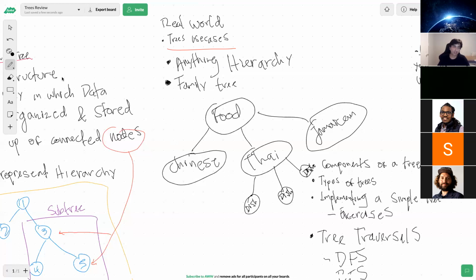This is called a general purpose tree. Let me put that in here: general purpose.